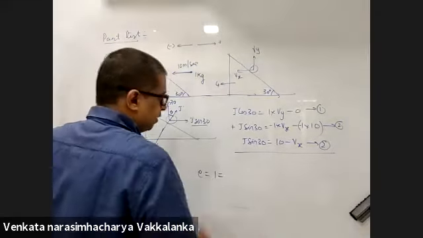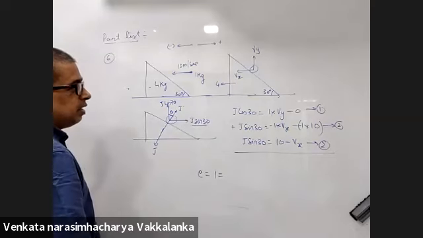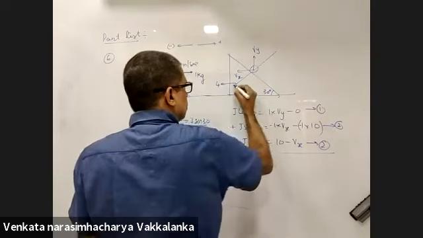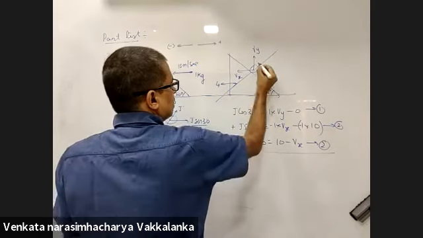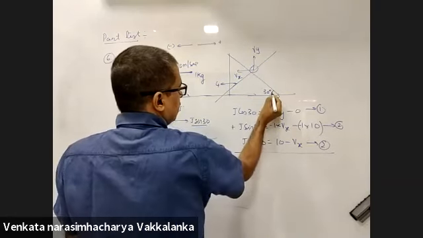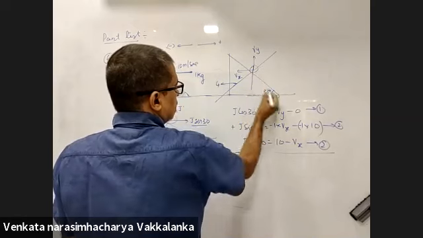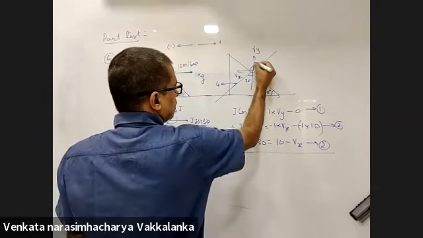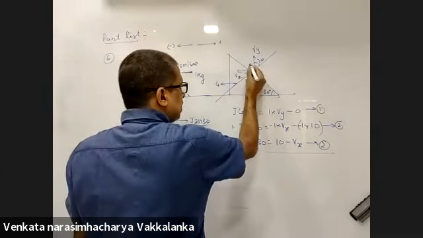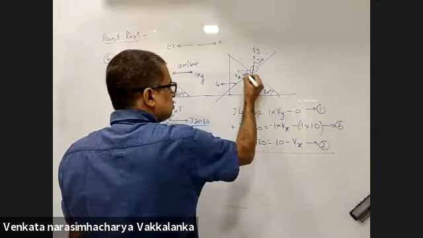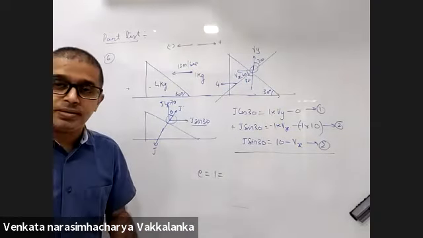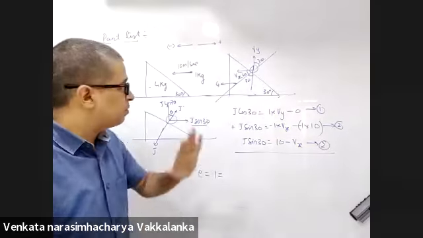Now, small e is equal to 1. How do you get the value of small e? Resolve everything in this direction. Right? What is this particular angle? This is 30. So this will be 30. This will be 30. Am I right? This is 90. So this angle will be 60. Are you able to see the board? Should I make the diagram bigger? Visible. It's visible, sir.